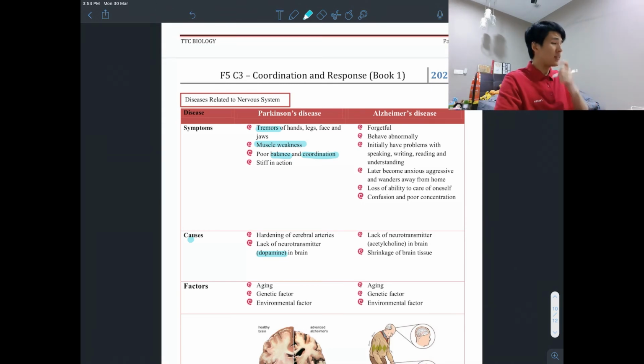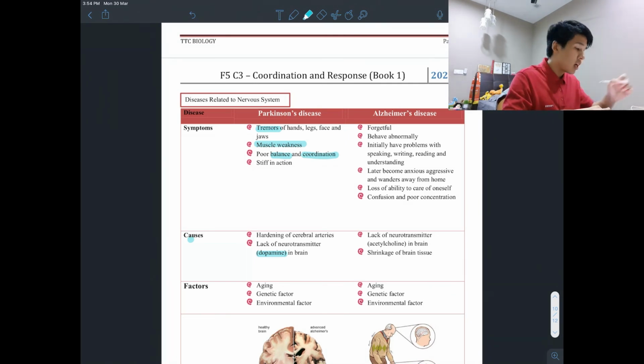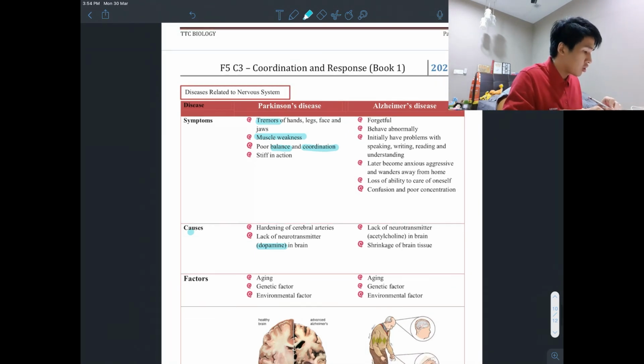Okay. Now, the next one is called Alzheimer. Now, Alzheimer probably you've heard before. So Alzheimer is a very typical disease in old people. Why old people are more likely to have nervous disease is because their neurons, their brains start to degenerate. So as you can see, it's due to shrinkage of brain tissue and also lack of a type of